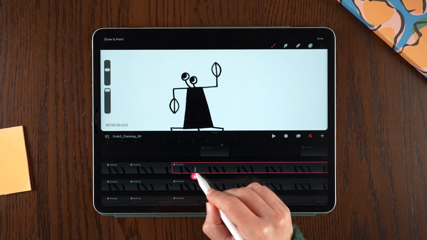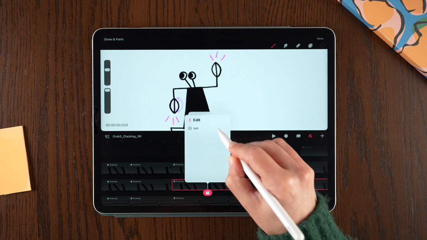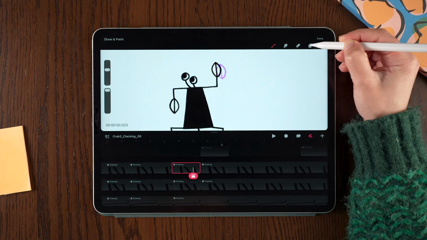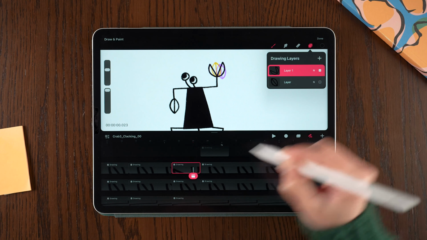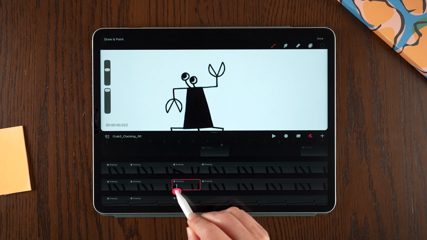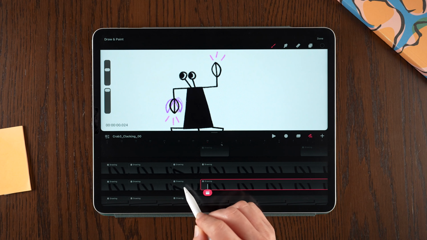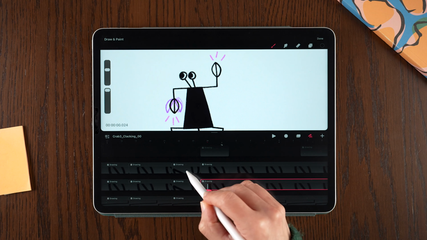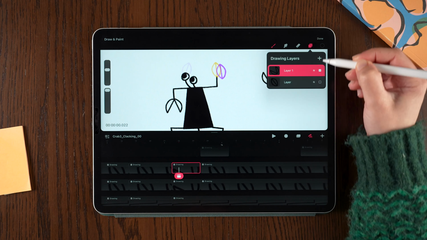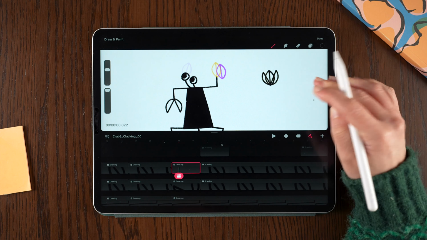So let's try to do the same animation using this new technique. I'll split my layers again, but instead of deleting the frame before, I'll simply tap on it and open my drawing layers. Then switch between the claw poses, revealing the open claw. And just like that, we have the same animation with very little steps. In this example, the character is staying in place. But let's say if you decide to reposition your claw, you will still be able to switch between your poses and they will always land in the same spot.